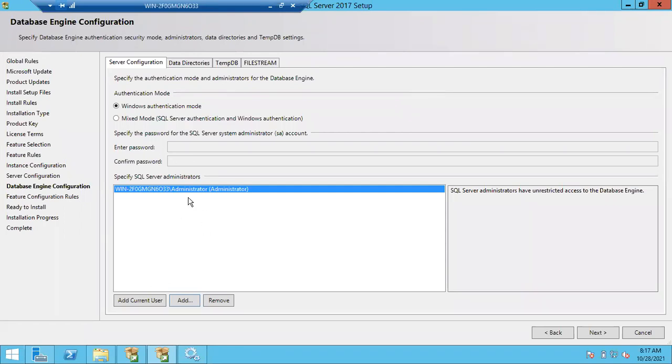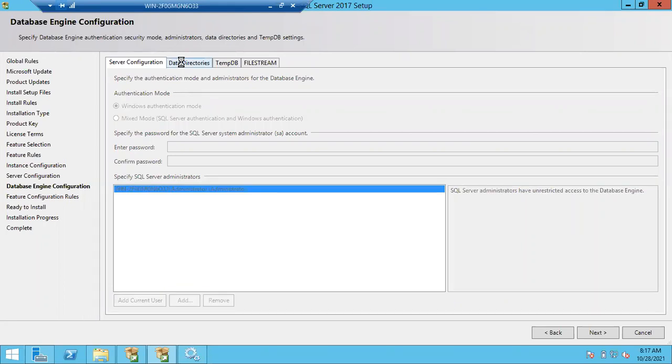So simply here, what it means is specify SQL Server administrator, meaning to whom you want to give access, you have to mention here. Usually in the organization we mention the whole DBA team and the service account here. Later also, if you missed someone here, we can create logins for them and give permissions also. This is clear, right, everyone? Please confirm this window is clear, right, everyone? Yes, sir. Okay, fine.